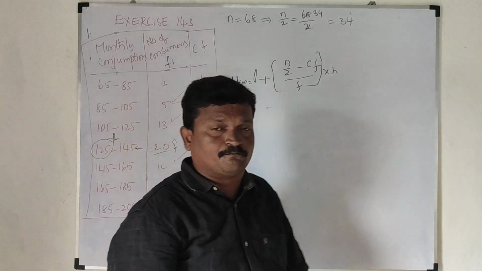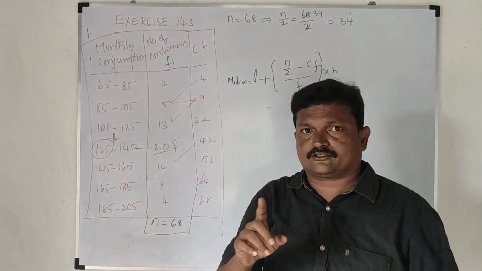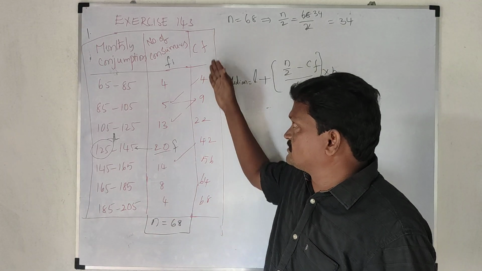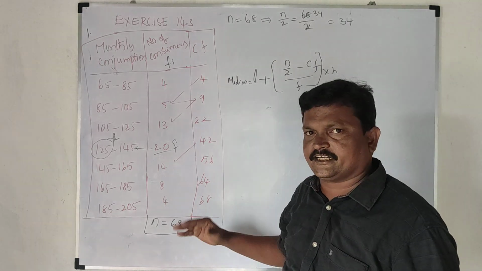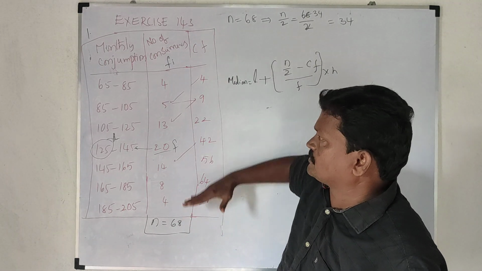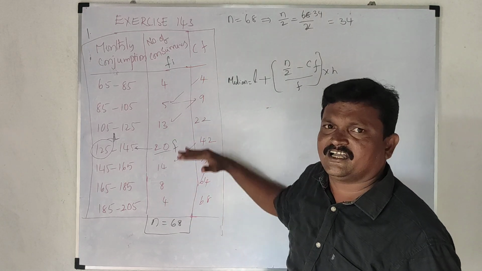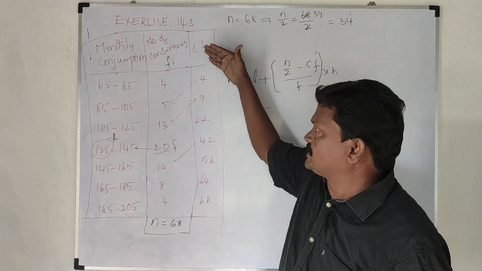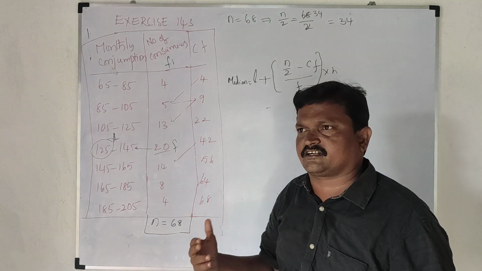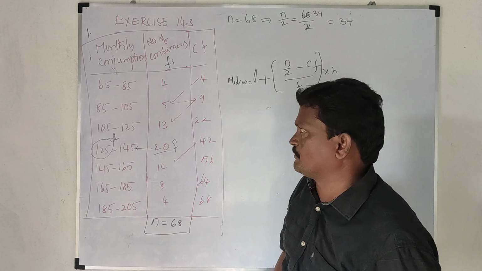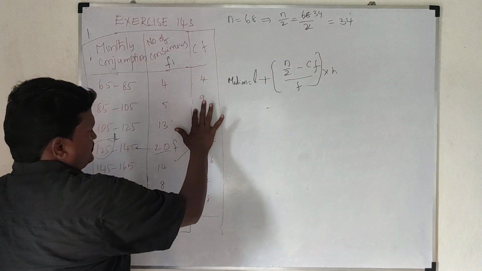Already we solved some problems in statistics in class 9, related to the LCF and GCF. This is the LCF, less than cumulative frequency. You can also add from bottom to top, no problem. Those are also cumulative frequencies, but those are the greater than cumulative frequencies. Here these are the less than cumulative. You can take any less than or greater than cumulative frequencies, no problem. We need only the cumulative frequencies.